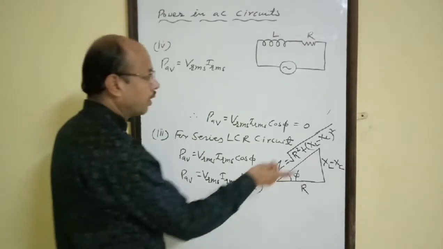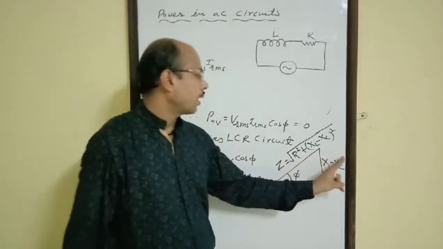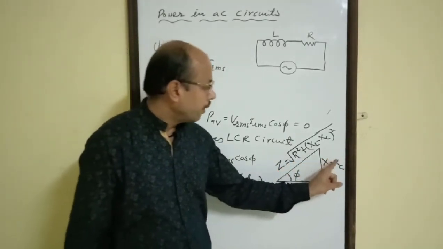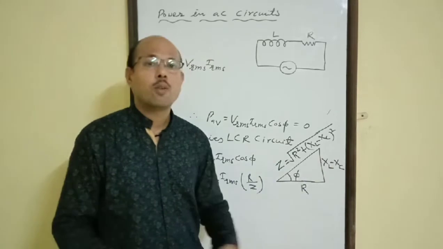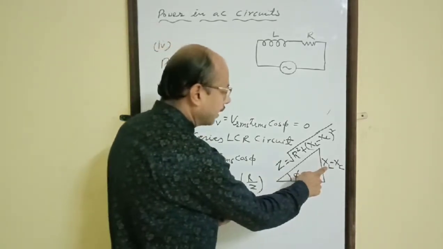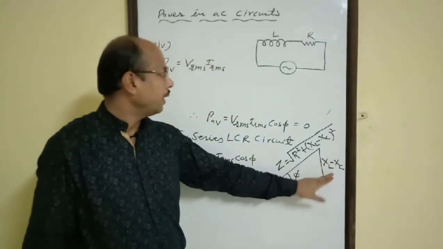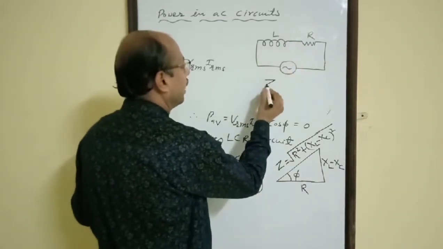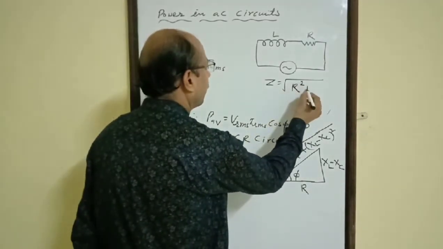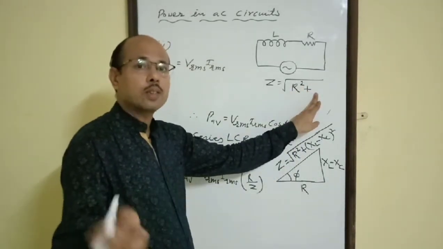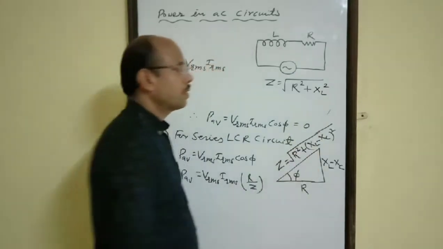Now it is very easy. If it is an LR circuit, then the diagram will remain the same, only the capacitance effect will be 0. It means whenever you get XC or any term related to C, that will be deleted. Then what do we get? Only R and XL. And in that case, for an LR circuit, Z will be equal to the square root of R square plus, not XL minus XC, because XC will be 0. There is no capacitor, XC is 0. Therefore, it will be R square plus XL square.